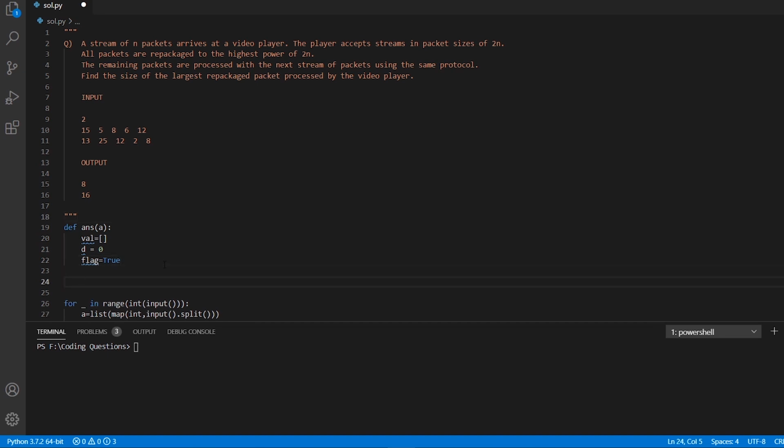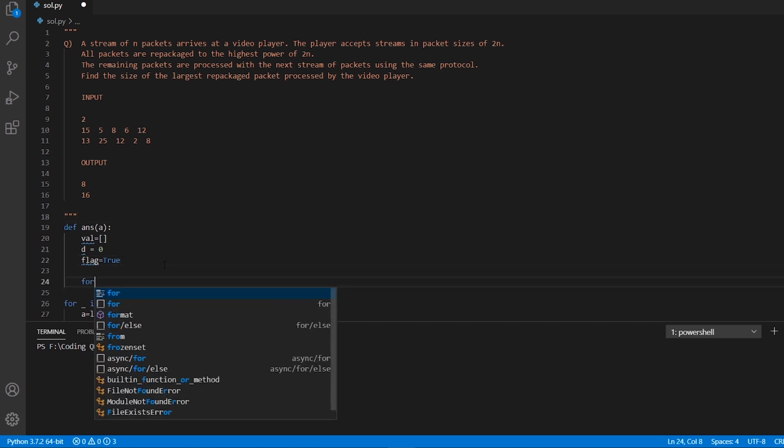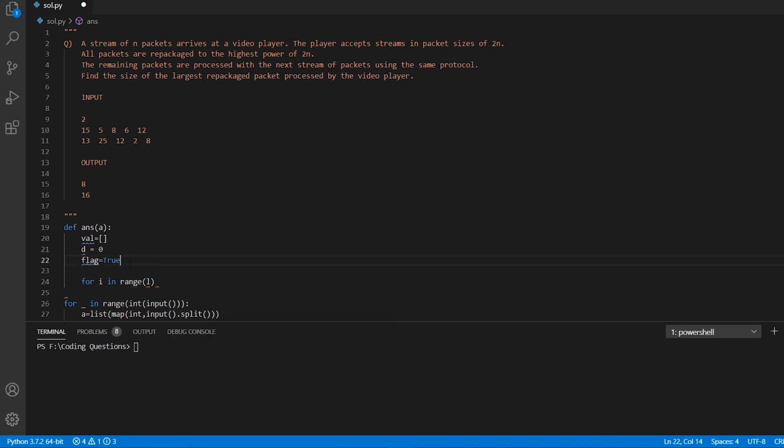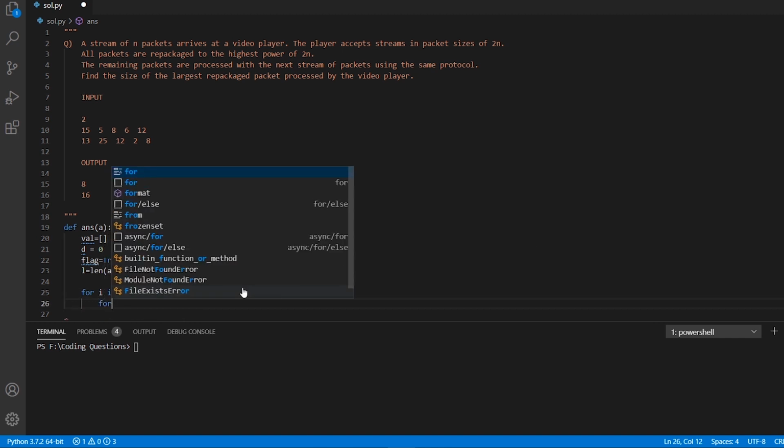Now iterating over the list which we have, that is the list A, I shall write for i in range length of our list A. I don't want to calculate it every time, so I am going to define L equals length of A. So for i in range L is nothing but range of length of our list A. Again, inside this loop we are going to write another for loop.